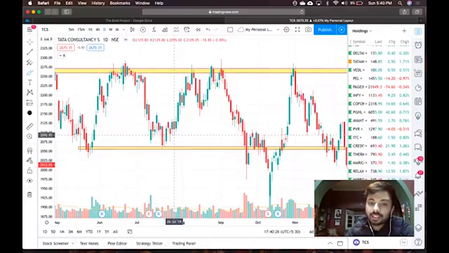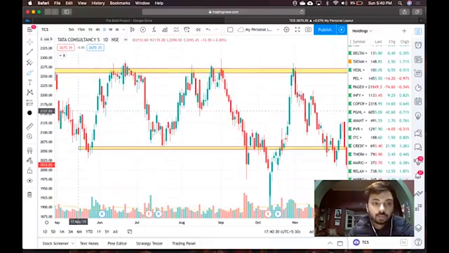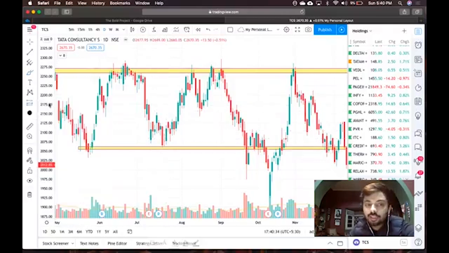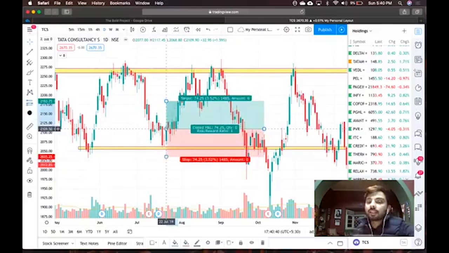So when do I take a trade? On this green colored candle, I want to take a trade. So put out that tool. Are you buying or selling? So we are going long. Click on the long option and click on that green candle where you want to take a trade. Once I click on that green candle, a tool like this is going to open up. The green side is the profit and the red side is the stop loss.